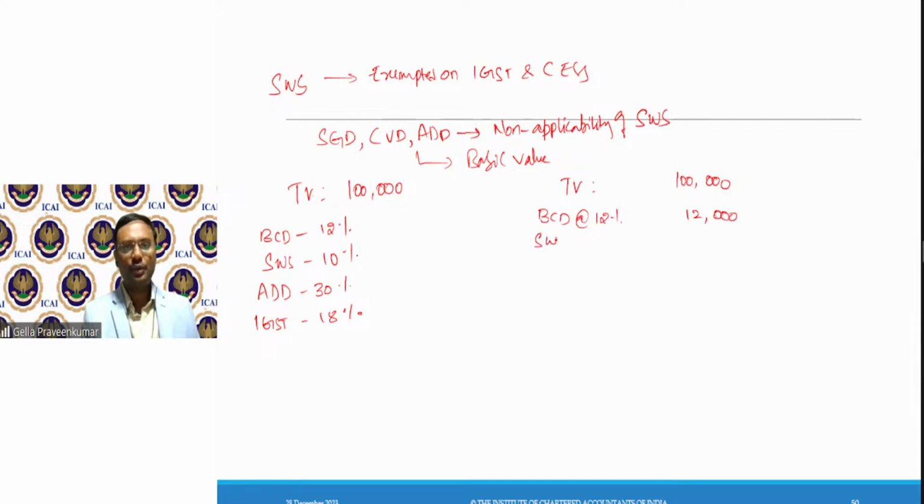On this, social welfare surcharge at the rate of 10% is 1,200. Also, anti-dumping duty at the rate of 30% on 1,30,000. This is how I calculate my anti-dumping duty.